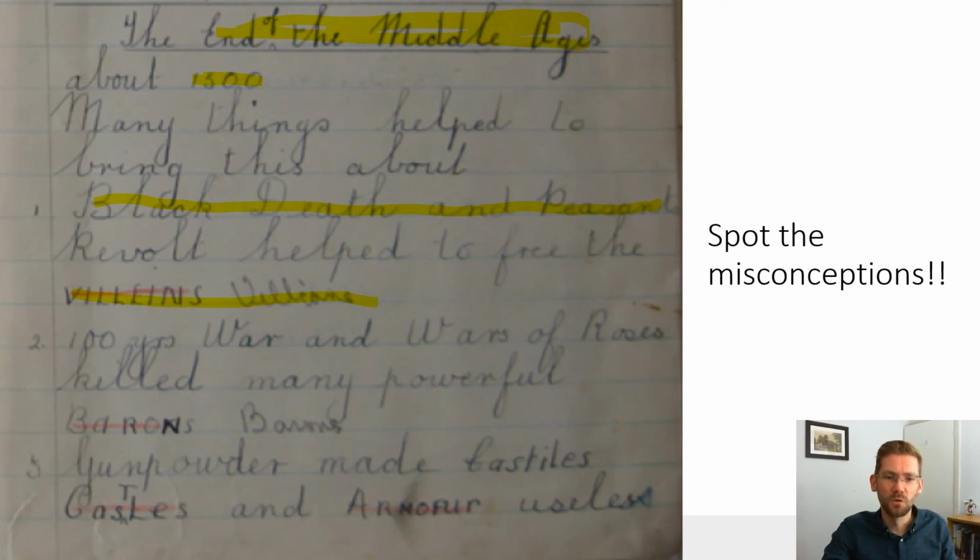We've got the 100 Years' War and the Wars of the Roses killed many powerful barons. So again, we've got this kind of slightly bizarre notion developing in here. What is the Middle Ages? Well, the Middle Ages is an age where there are villeins. The Middle Ages is an age when there are barons, and now they're gone. And the Middle Ages is an age where we have castles and armour, and when gunpowder comes along, it makes